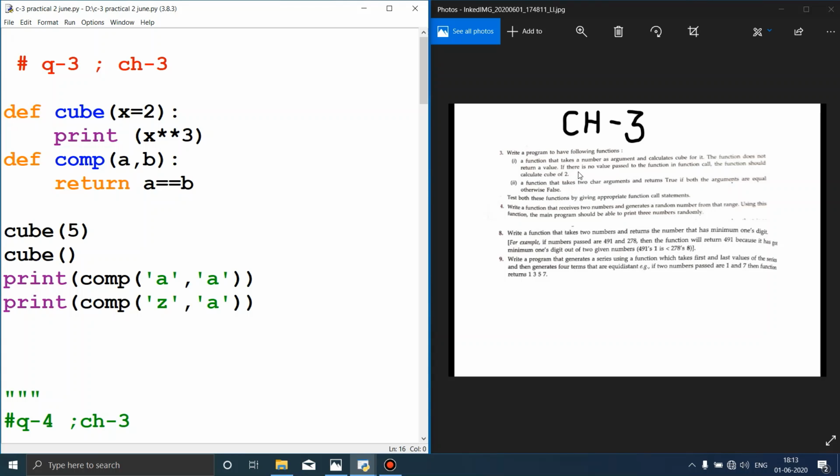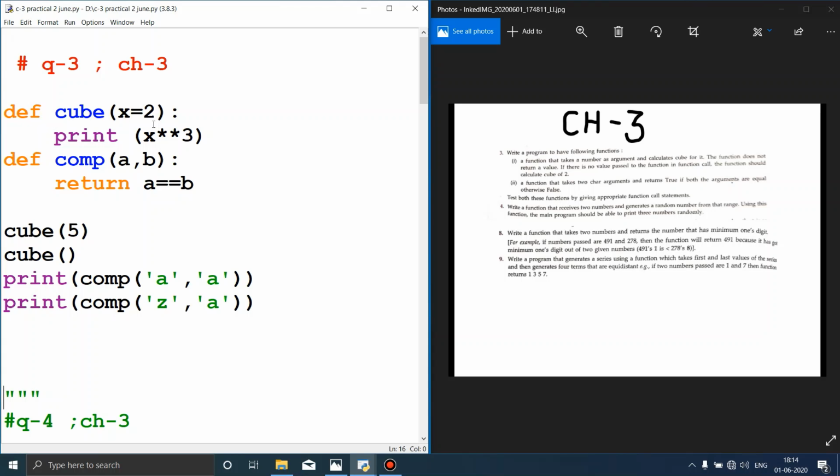So we need to pass a default value also. If you pass a particular value, a new number, then it will take that number and calculate its cube. But if you are not passing any number, then it will take 2 as the default input. For declaring a function, we need to define it first. So at the very beginning we will write def, which is for definition of the function.